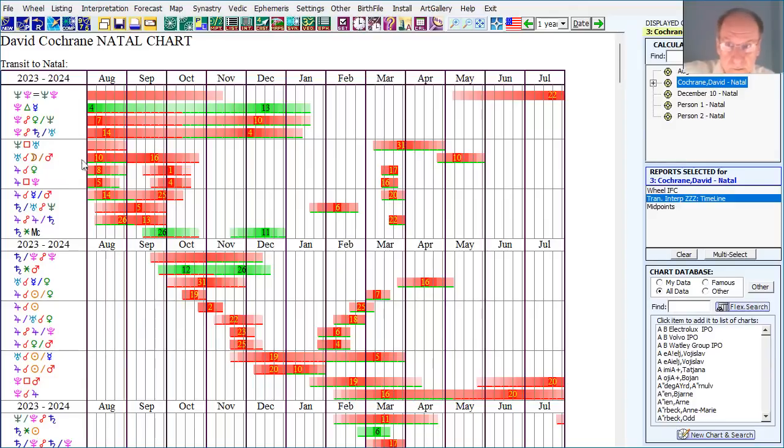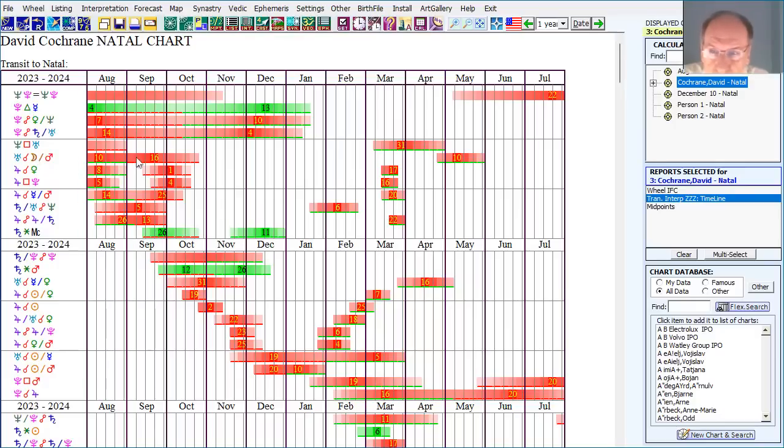This Uranus at Moon-Mars, very strong theme through August and September. It's more compressed and more intense because Uranus doesn't get that far out of orb. It stays close. And you can tell how close it is by how dark the line is.